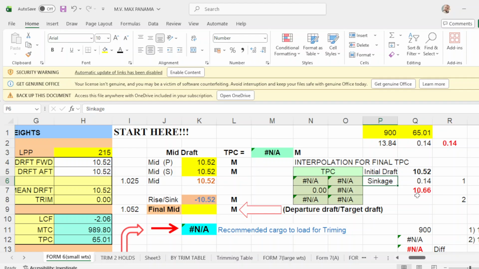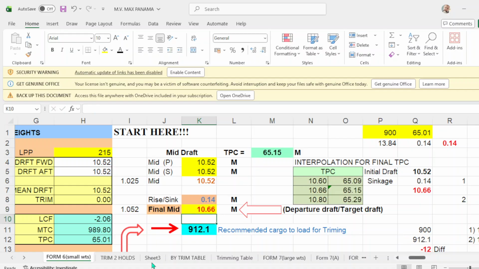With this drop, you put it here for your final mean departure. So 10.66, you put it here. Take note, then your sink gauge will be 0.14, which is the same as this one.